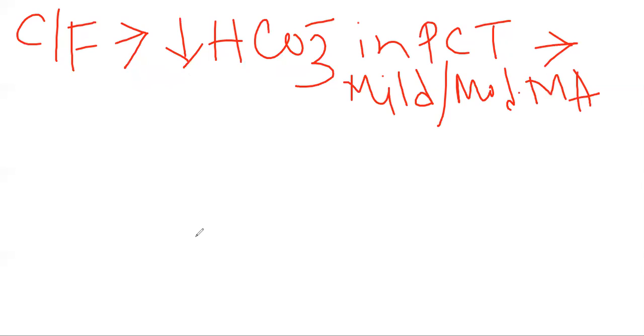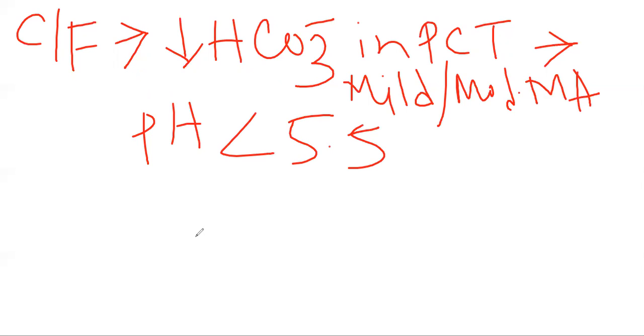The alpha intercalated cells of the collecting duct still secrete hydrogen ion, which can neutralize bicarbonate in the tubular fluid. So urine pH is variable. If bicarbonate is below threshold, then pH will be less than 5.5, or if more than that, then it can be more than 5.5. That's why the urine pH is variable, which is not always more than 5.5, like the type 1 renal tubular acidosis.